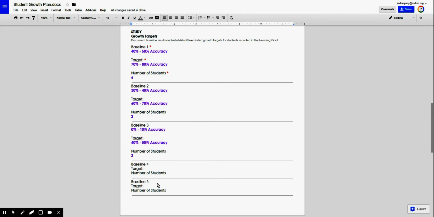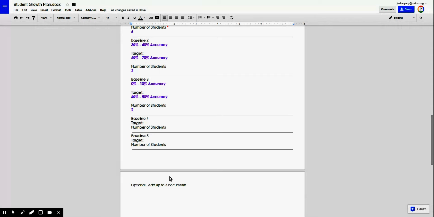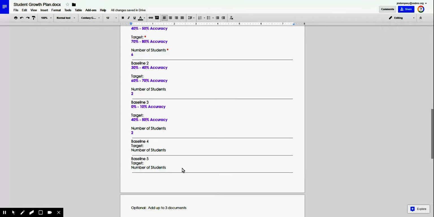If I had other kids who were in different, for example, if I had some who started at 60 to 70, I might have another baseline. That is basically how you start it. You have the option to add up to 3 documents in TalentEd as evidence, but you don't have to. Once you have completed all of these pieces, then you're going to say save and submit, and then you're going